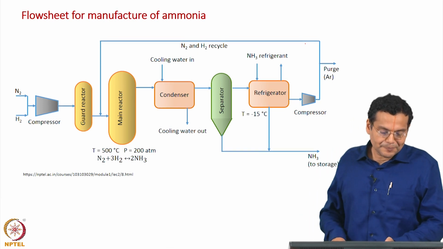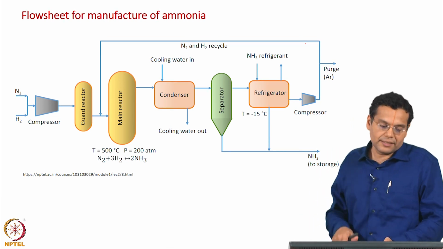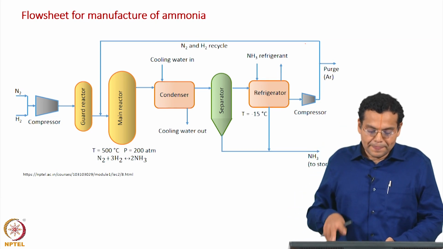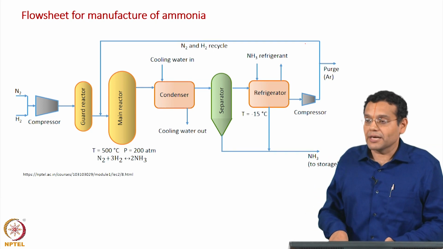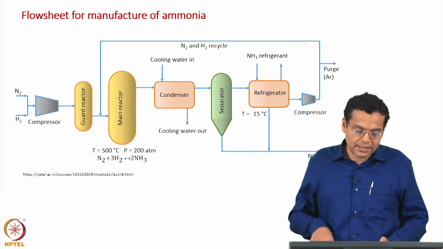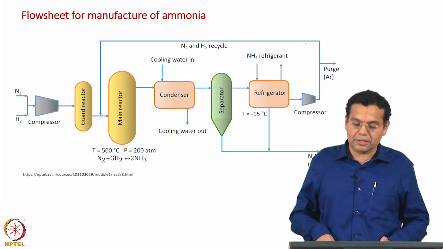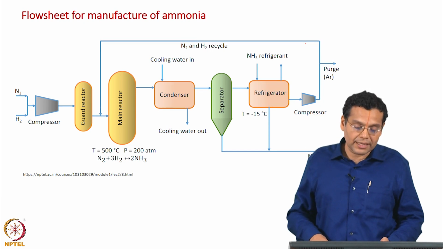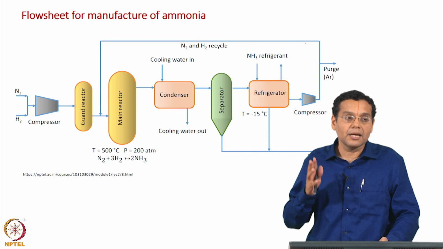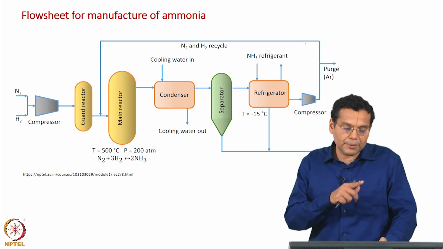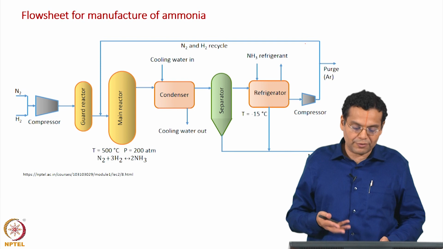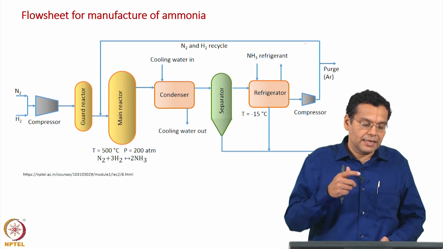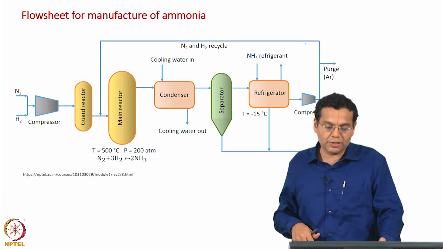We have nitrogen and hydrogen entering, and it may have some impurities as well. Based on thermodynamics, the nitrogen-hydrogen reaction giving ammonia has to be conducted at high pressure, and for increasing the rate of reaction we need to conduct it at high temperature. So, it is a high temperature, high pressure reaction. So, we need to compress the inlet gas to a high pressure of, let us say, 200 atmosphere. So, we need a compressor which compresses from, let us say, atmospheric pressure to a high pressure of 200 atmosphere,